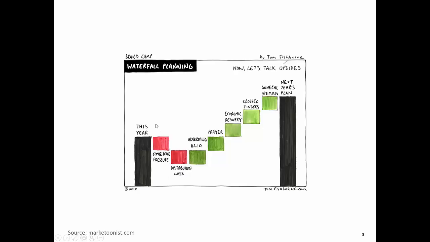But as typically in a budgeting process, we have some advertising, hello, a little bit of a prayer, maybe some economic recovery, a little bit of keeping our fingers crossed, and general optimism. And maybe we should add here a push from top management, right? And that's how you arrive at the typical budget for next year. Okay, that's a little bit of a joke here,